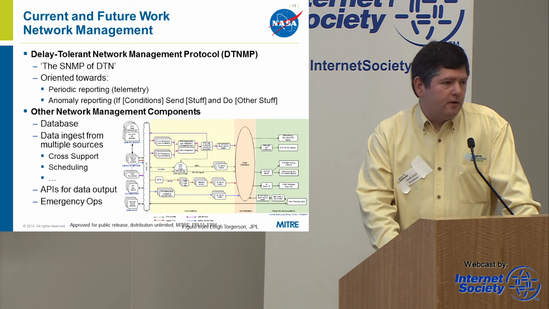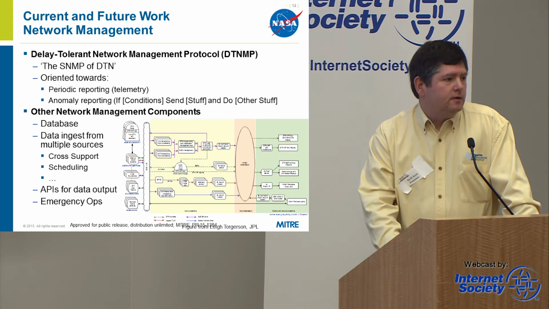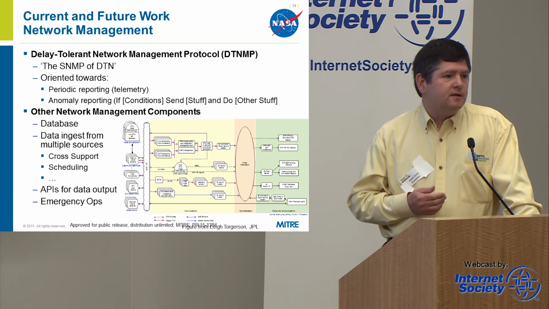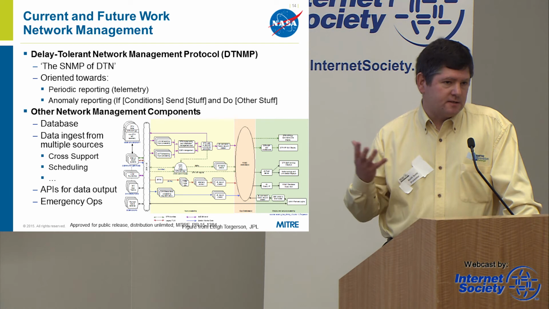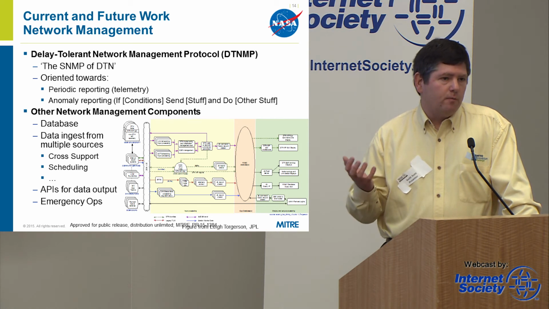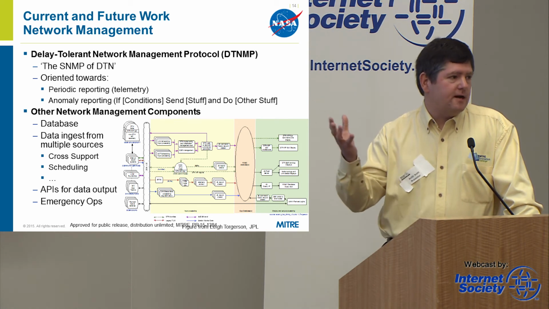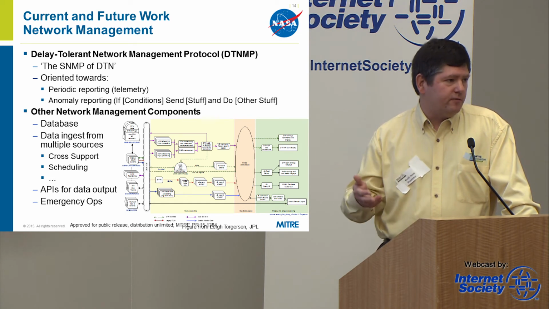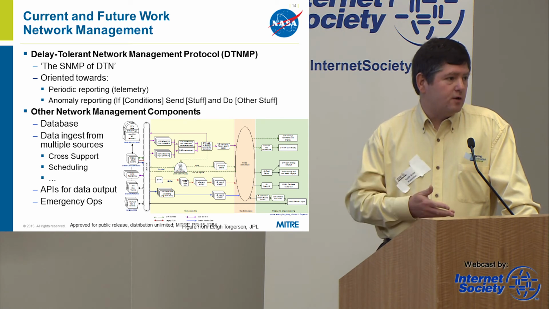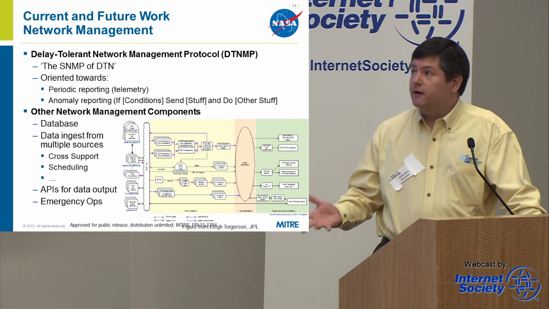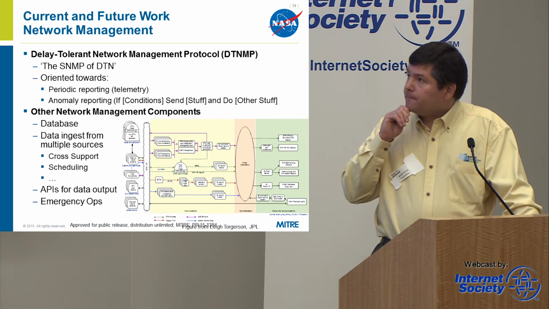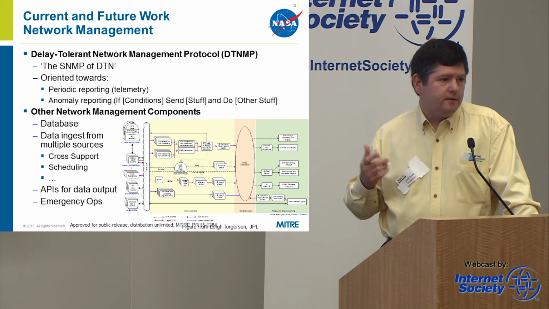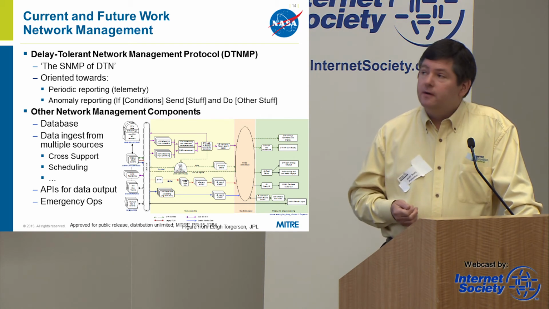you can view it as either a lot more autonomy or a lot less interaction. SNMP is very much question-response based. DTNMP is based on having a remote agent where you can tell it, do these kinds of things. Like, every 10 minutes, send me this kind of information. If these kinds of things go wrong, send me a report that's got this other stuff in it. So that you don't have constant back and forth between a network manager on the ground and the